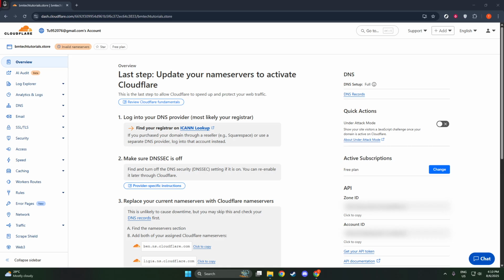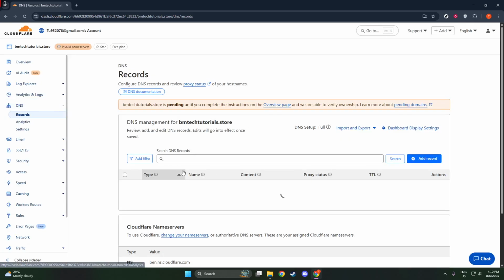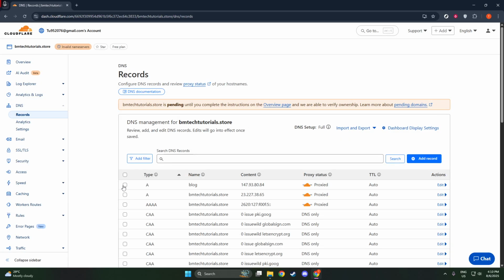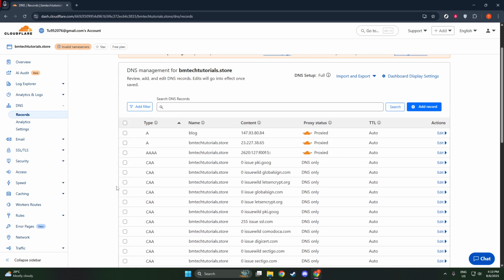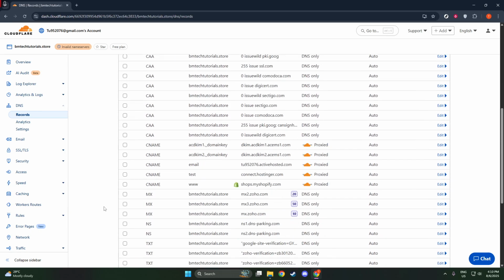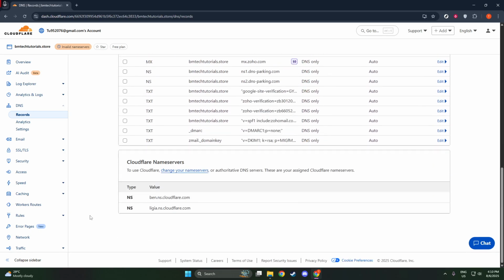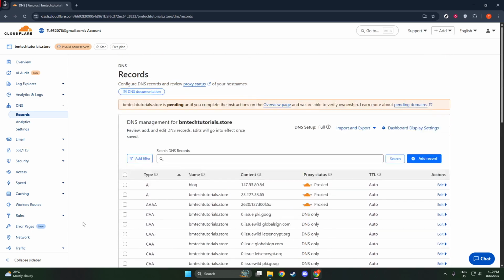Now, look for the DNS tab. This tab is your gateway to managing your domain's DNS records. In some cases, you might find a DNS button labeled Records on your dashboard overview page. Clicking on this will lead you directly to the same destination. Upon selecting the DNS tab or Records tile, you'll be greeted with a comprehensive list of all your current DNS records. This includes various types such as CNAME, MX, TXT, and possibly others, depending on your specific domain setup and